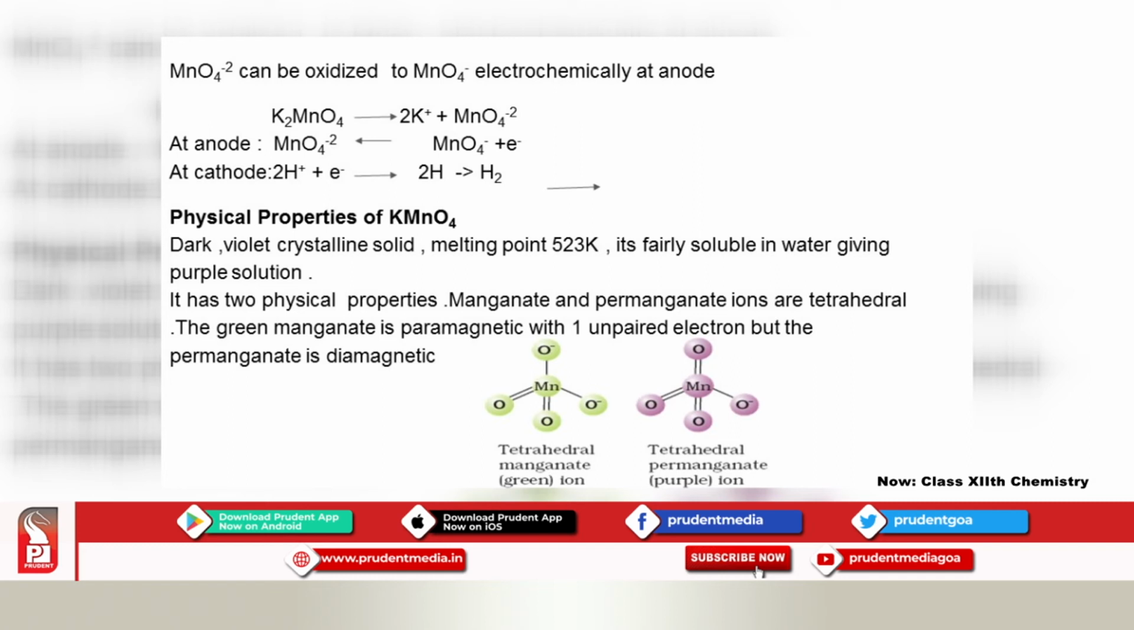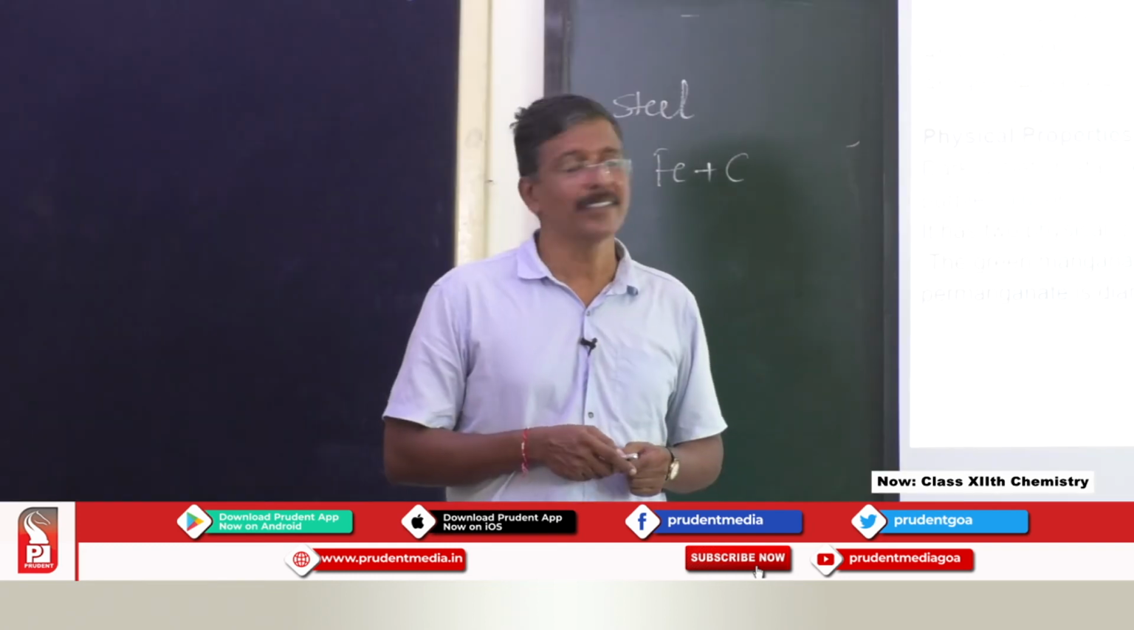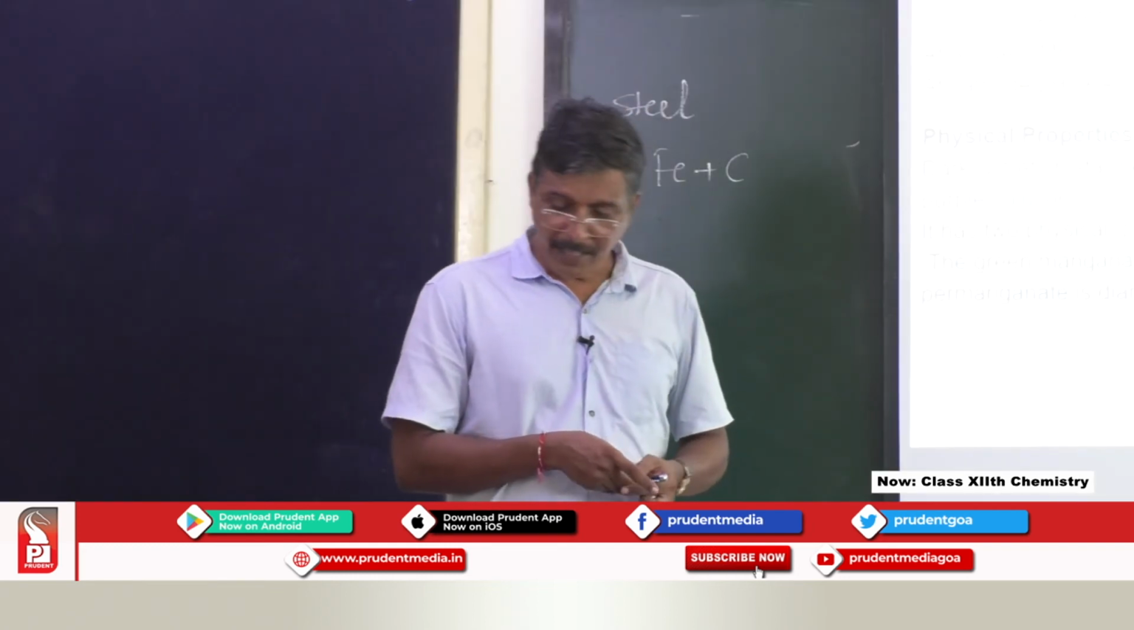It has two physical properties. One is that the manganate and permanganate ions are tetrahedral, and the green manganate is paramagnetic with one unpaired electron, but the permanganate is diamagnetic. The structure is given. Here is the tetrahedral manganate ion, green in color, and here the tetrahedral permanganate, which is purple in color. That you should remember. Next, we will see